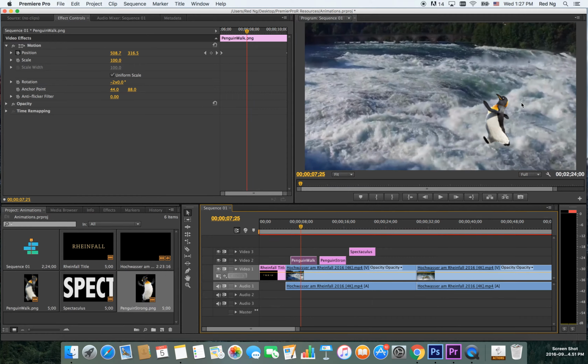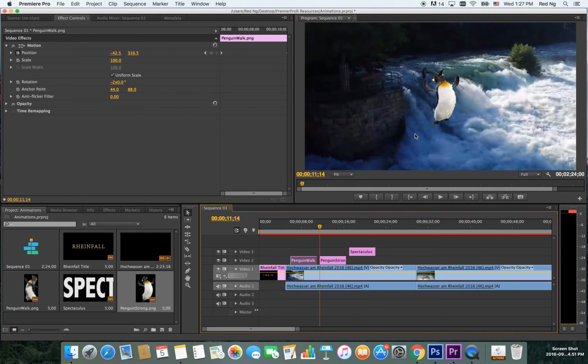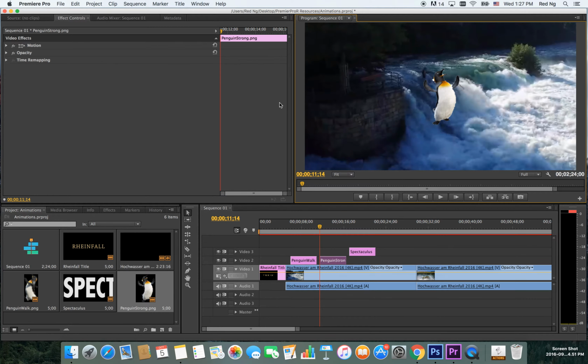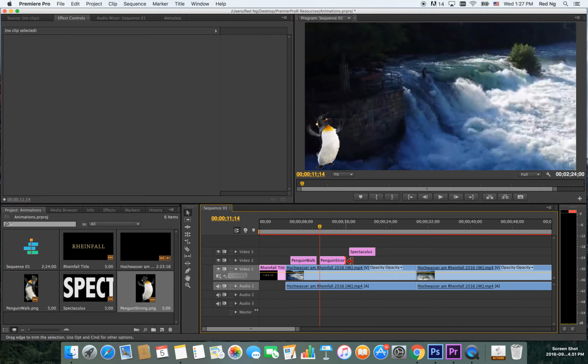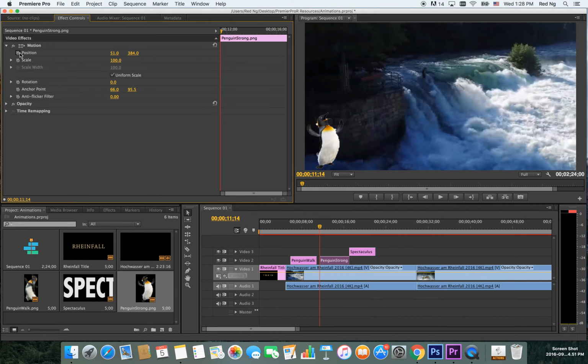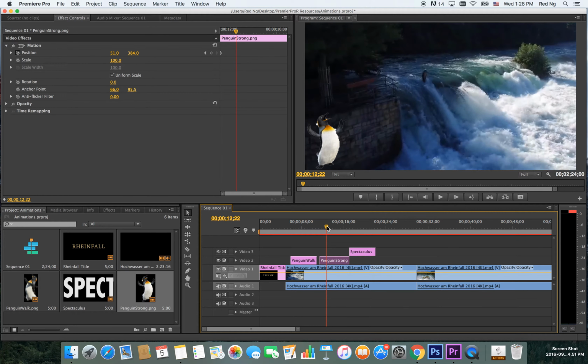Well, of course, these are simple motions, but if you want it to go around in a more complicated way, you should add more keyframes. Say, for example, right now, this is the penguin, and I want the penguin to be at this corner. So in the beginning it is in this corner, and I will just make it a little bit longer. It's okay like this. Okay. In the beginning, I toggle the position, and then after a little bit, I want its position to be here, and then